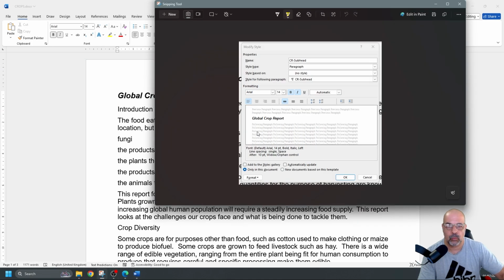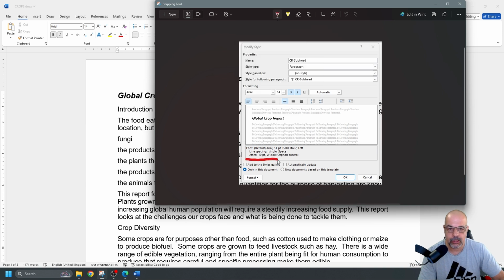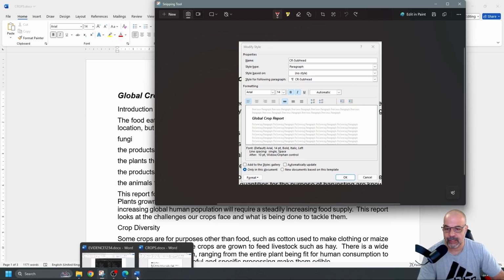And what the examiners are looking for, guys, is basically this. So I'll just show you this here. They're looking for everything that you've selected in this section here. And they're looking for this area here, which has all the different other formats like the font style, the size, any enhancements. And most importantly, they're looking for where it says modify style, not create. Okay, so I'm just going to paste this